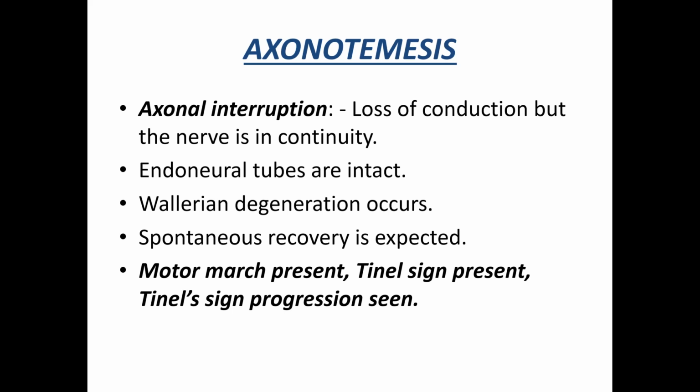For example, in case of radial nerve paralysis, the recovery will occur in a motor march kind of pattern. It will slowly re-innervate the triceps, then it will re-innervate the extensors around the elbow, the small extensors like anconeus. Then it will re-innervate the supinator, and then it will go to the extensors of the wrist, namely the extensor carpi radialis brevis and longus, and then it will move to the extensors of the fingers and the thumb. Okay.